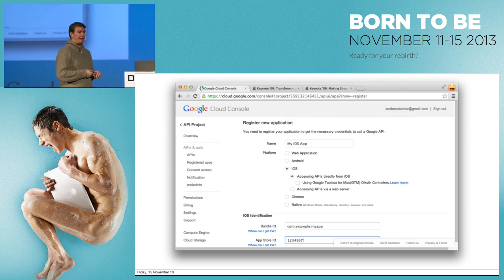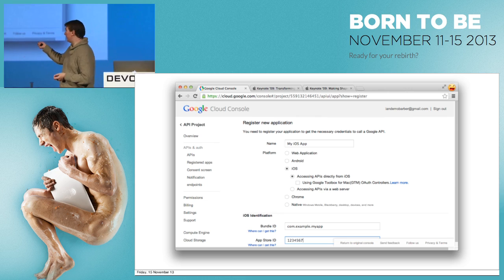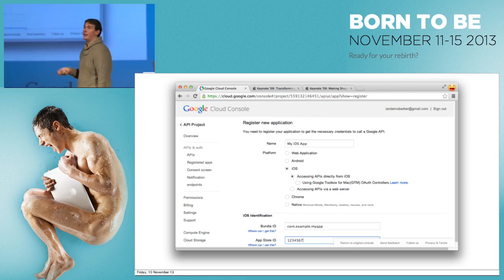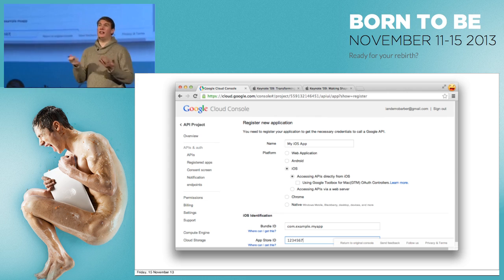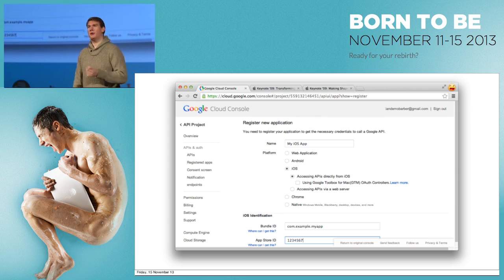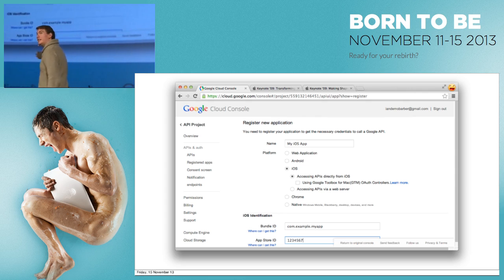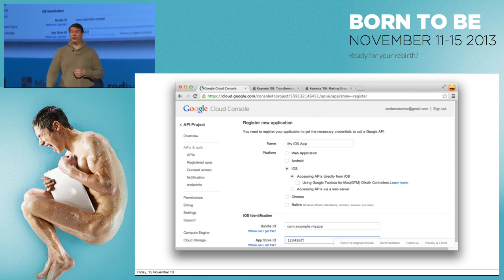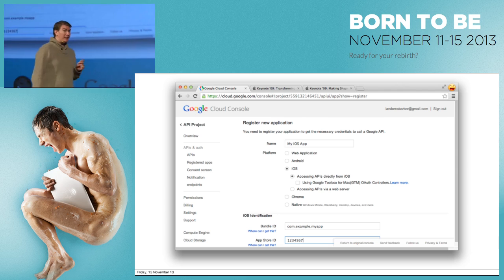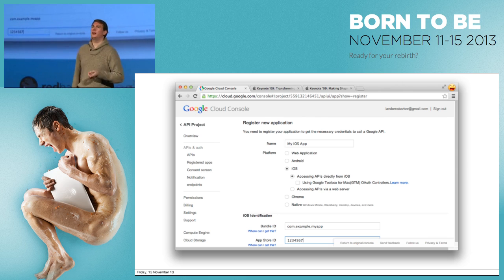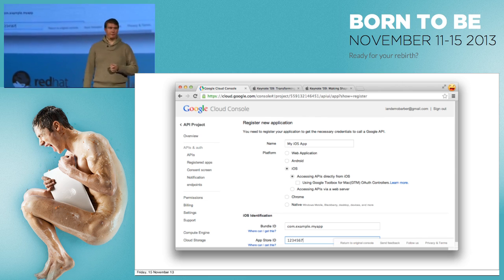We need a client ID again. Now, it's a little bit different from the Android one. We've got two parameters again, and we've got the bundle ID, which is pretty analogous to the app package name, doing roughly the same job. But we also have the App Store ID. And when we do those deep link installs, that's the ID that it uses to actually go and take the user to the App Store and let them install the app. The bundle ID does double duty, though. We're not just identifying the application, we're also going to use that to make callbacks to the application.